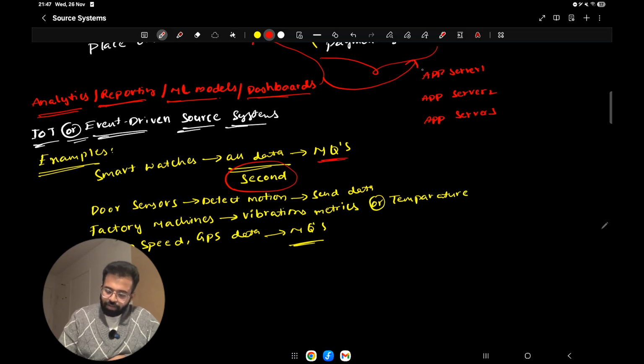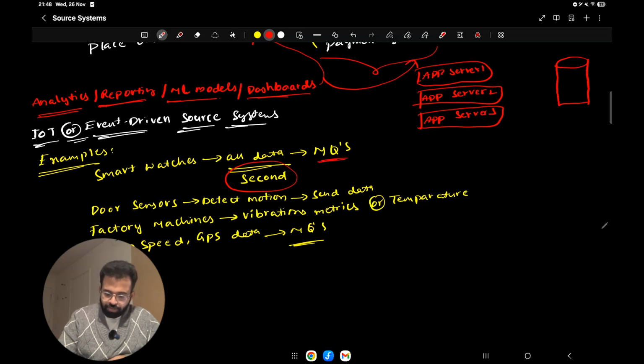Okay, which are application servers basically, and then there will be some kind of database which will be storing all the data.